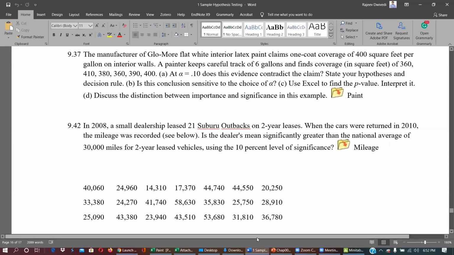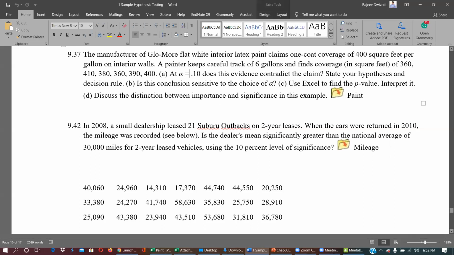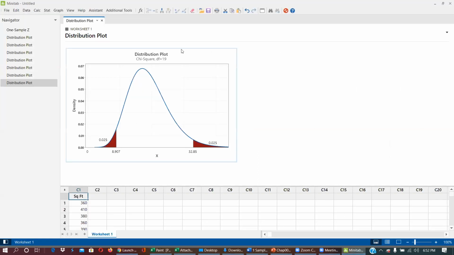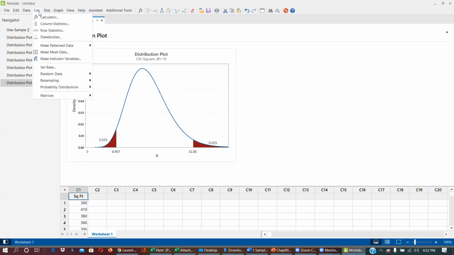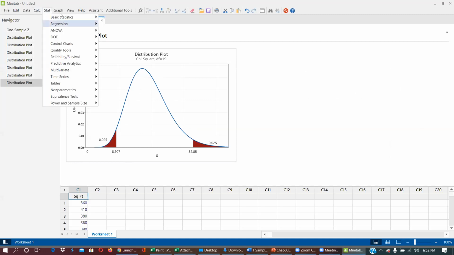So look into that. I have the data right here, and let's look into this. What sample size are we going to check? So 6, and we have at what percent level? 10%. Okay. So here, which test are we going to use here? Which test are we going to use here?